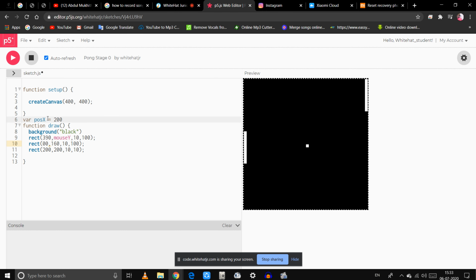Now what we have done, we have created a variable whose name is POSX, position X, and VAR is the keyword for variable. What I told you, variable stores values, right? So we have given 200 value to the variable.